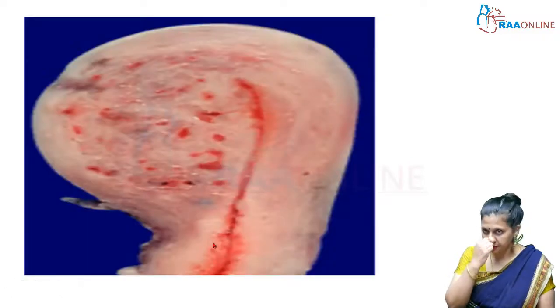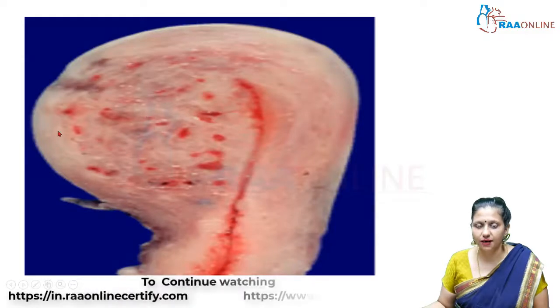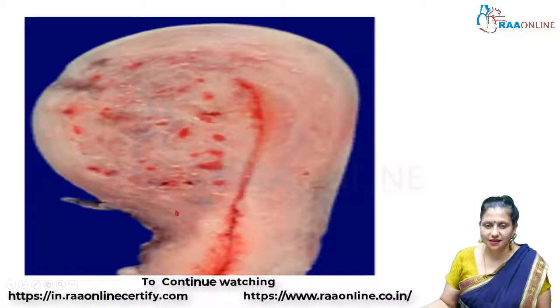So this is how it looks. This is the uterine fundus, this is the endometrial canal, and this is the normal thickness of the myometrium, and this myometrium contains some glands from the endometrium, and this is diffusely present in the anterior